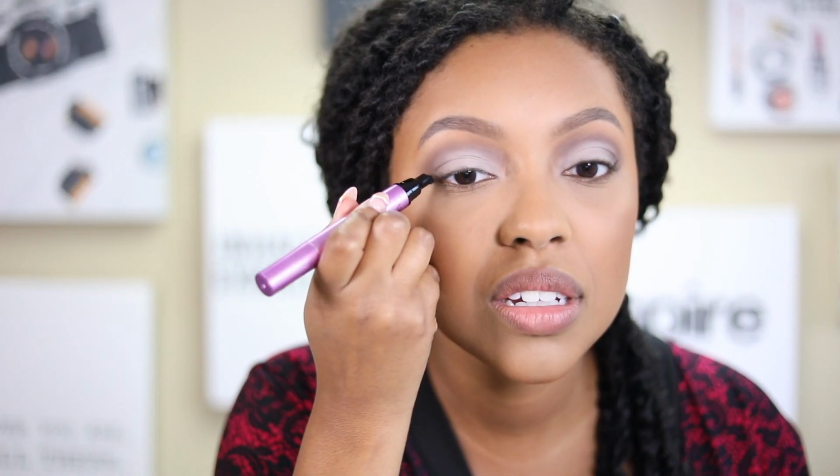Oh, that's not even the kind of wing I want. I don't need to use this no more. Okay, try to get the same thing. Well, at least they're even this time. But I did not want a straight up and down wing. And it's not even sharp. Look at that. I'm going to have to...